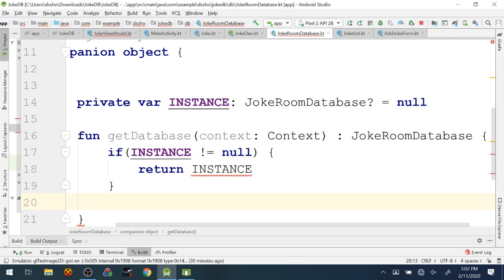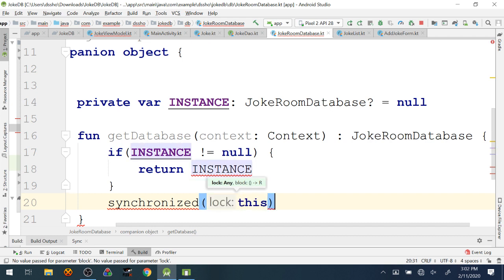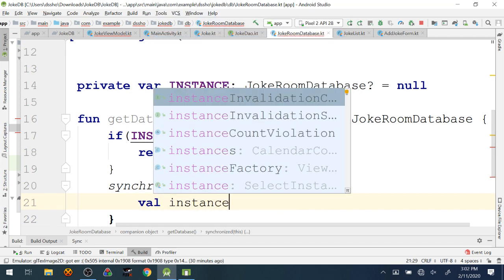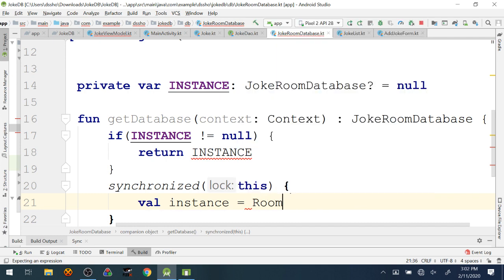And now, actually, I'm gonna address something that was asked before about thread safety. If I have multiple threads trying to access the database at once, that could be a problem because then they could both get a reference back. So I'm going to use a keyword here called synchronized that is basically saying only one thread can enter this block at a time. Only one thing can execute this next chunk of code at a time. That will ensure that I'm not going to mistakenly give back multiple instances. And then here I'm just going to create an instance of the database.